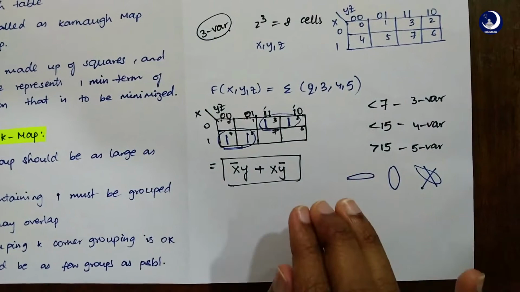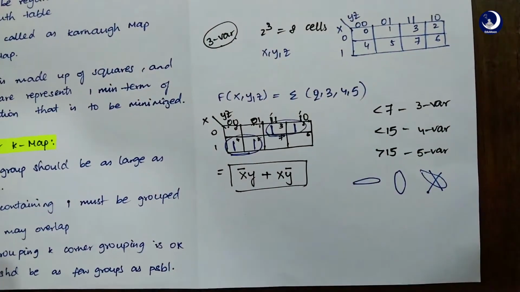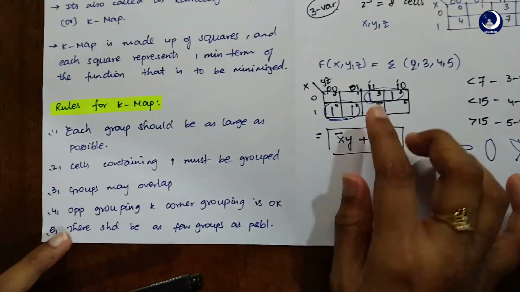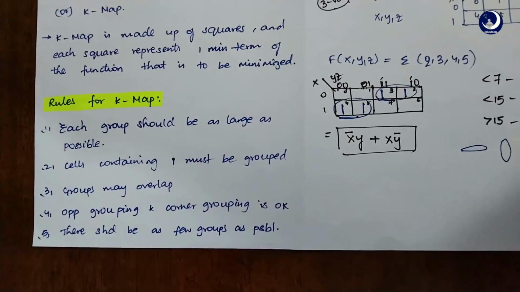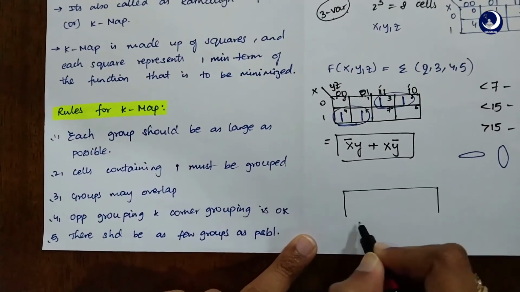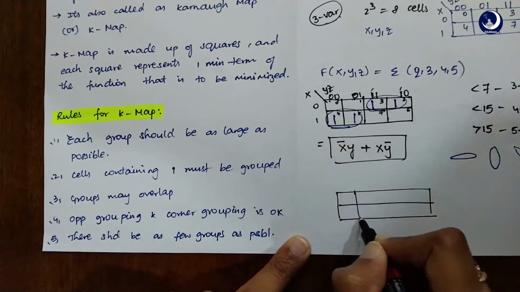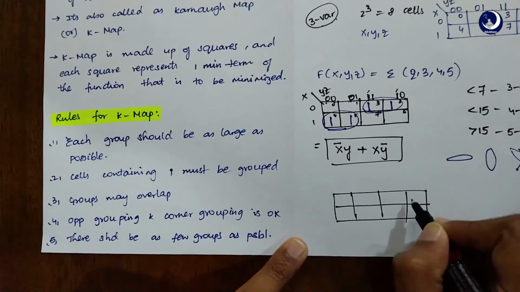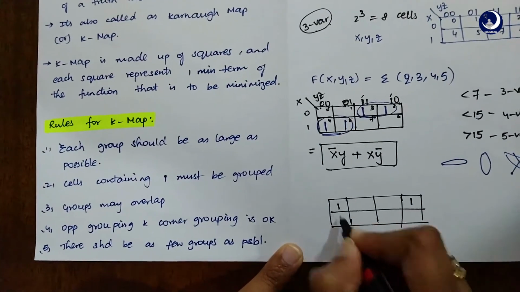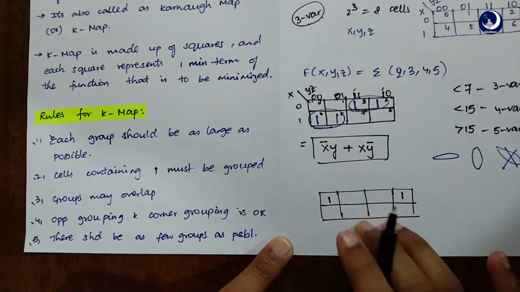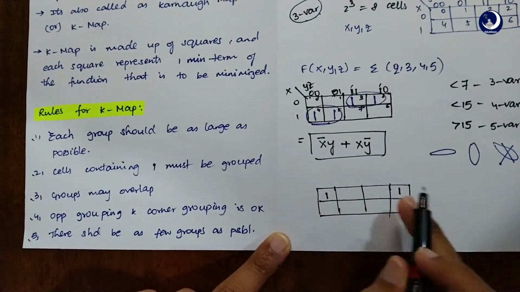This is just a simple example on how to deal with this kind of problems. Now how can we group them? Let us look at a few other examples. I'm not giving any question, but I'll just tell you some simpler terminologies. Now if you have a 1 here, and a 1 here, which are scattered, you might be feeling that we need to write the term as it is.